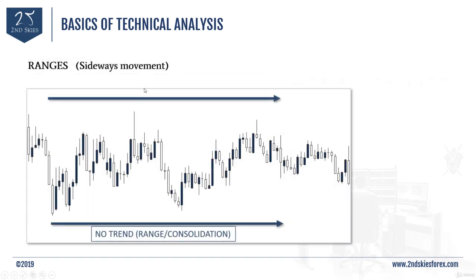If we now look at ranges, which is basically a sideways movement of the market, there is no trend in place and price is just going sideways, you will notice something very interesting. So if you look at this price action here, at this chart, what price is really doing. So you have still these potential trend swings here. You have these swings in place. But if you look at the swing points, I think you will notice an interesting pattern, which is that here